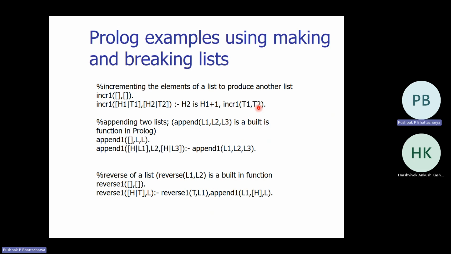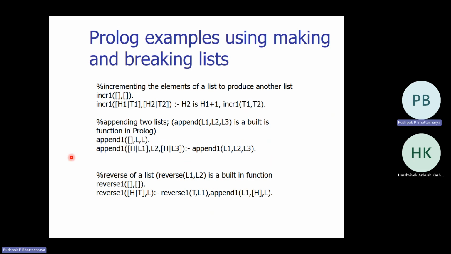So what is happening is that I have broken the input list into two parts, head and tail. Obtain the head of a new list by incrementing the head of the first list, and apply the function recursively to the tail of the first input list to obtain the tail of the output list. So increment 1, T1, T2. Then appending two lists is again a basic operation in